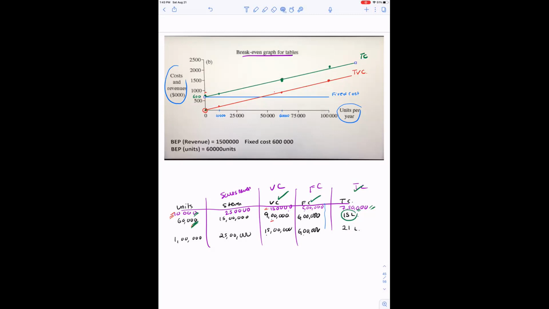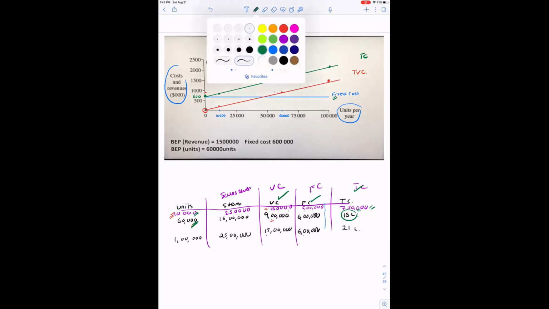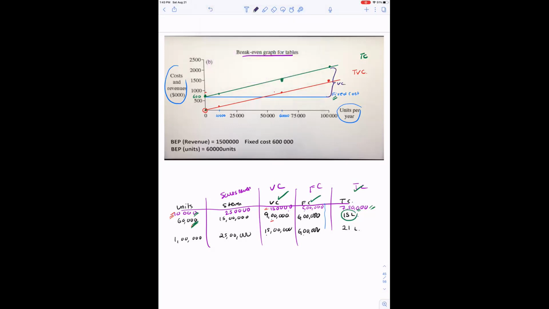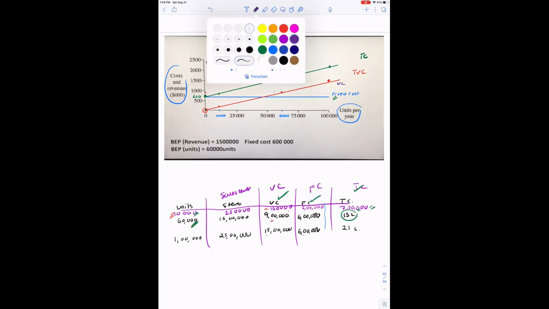I will reduce this a little. So that means fixed cost is the amount that has to be incurred. This will be the difference. This is the variable cost that you are incurring extra over and above the fixed cost as you're increasing the production of units. Now I will plot the total revenue.